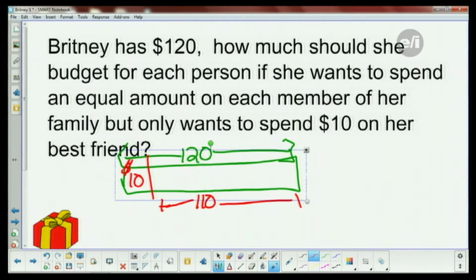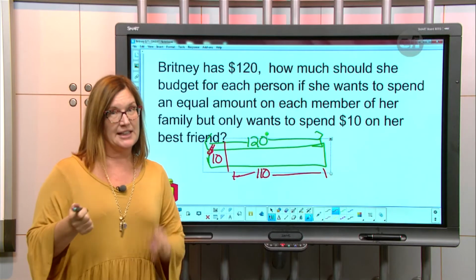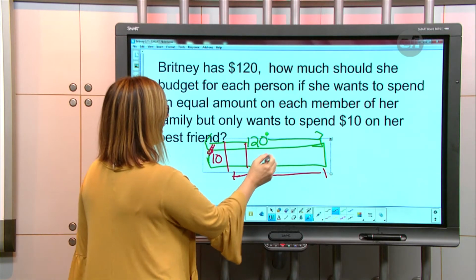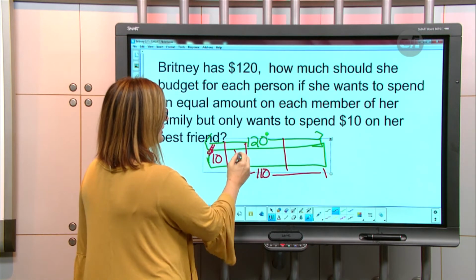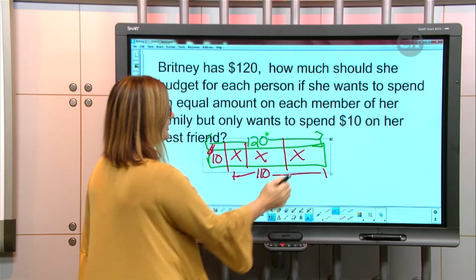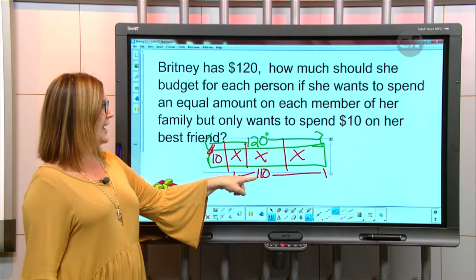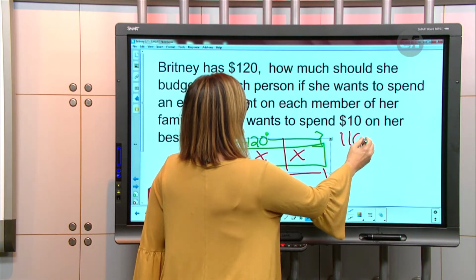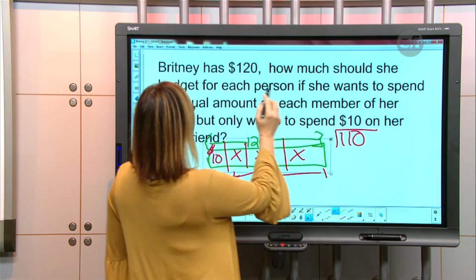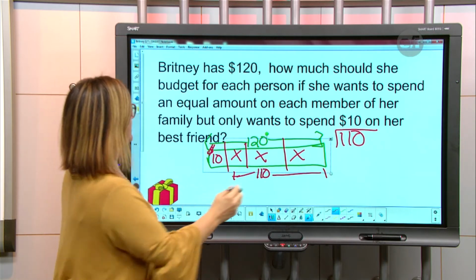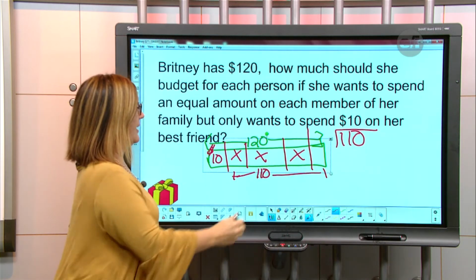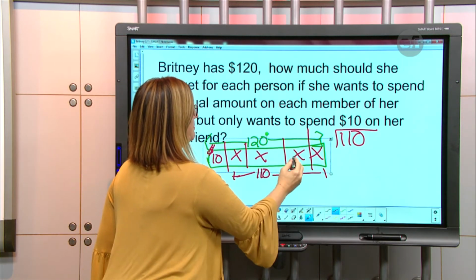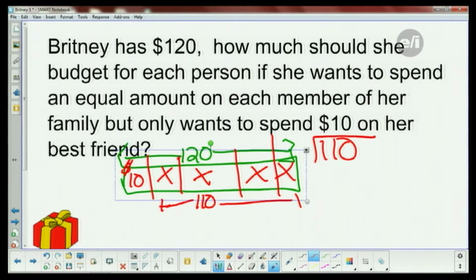So remember what I said. If I want 4 pieces, I need to make 3 cuts, 1 less than what you have. 1, 2, 3. So these are the each per equal person in her family. So what I'm going to do now is I'm going to take 110 and I'm going to divide it evenly by the number. Oh, hold on, let me think for a minute. So she has 4 people in her family. Sorry, 1 more there. Mom, dad, brother, sister. We don't want to shortchange the brother or the sister. And we're going to divide it by 4.